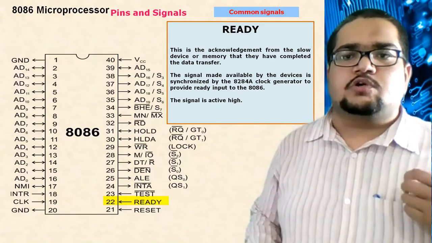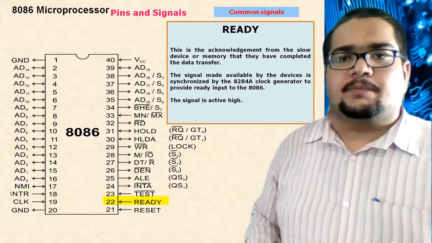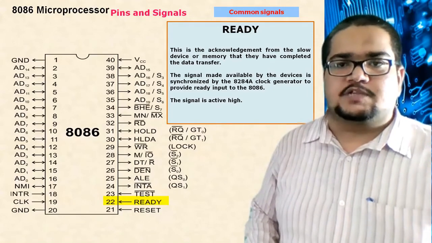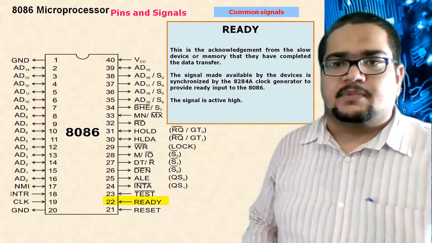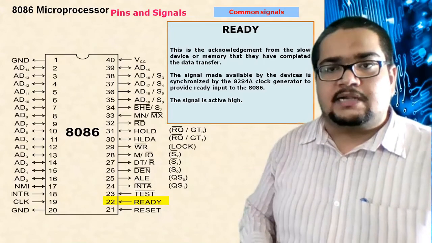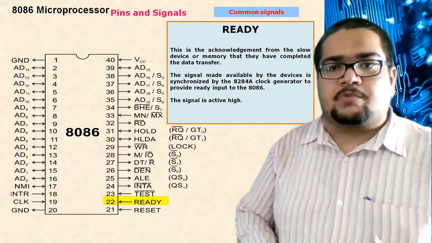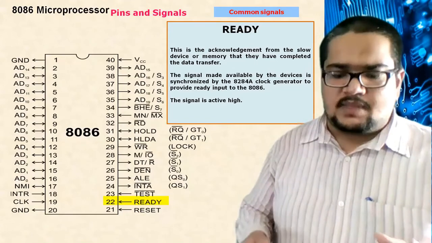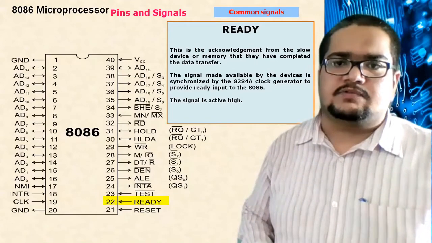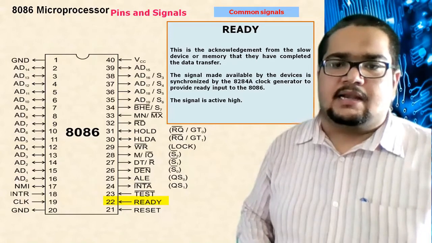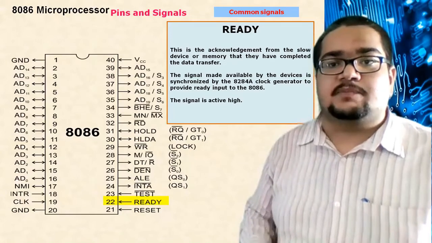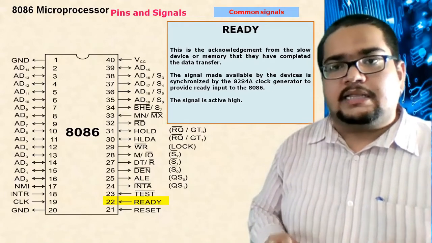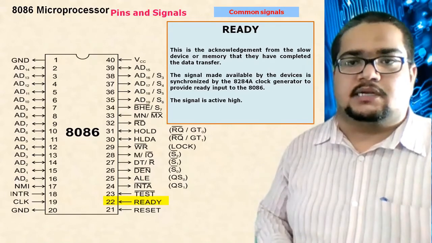Suppose the processor is writing some data to the memory. The processor gives out the data on the bus very fast because its operation is fast. But the memory can take that data in very slowly. So when that operation is going on, even though the processor has sent one set of data and is ready to send the other set, the processor has to wait and get an acknowledgement from the memory that I have already read the first data, now you can send the other data.